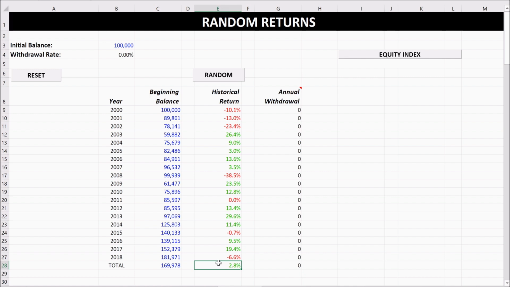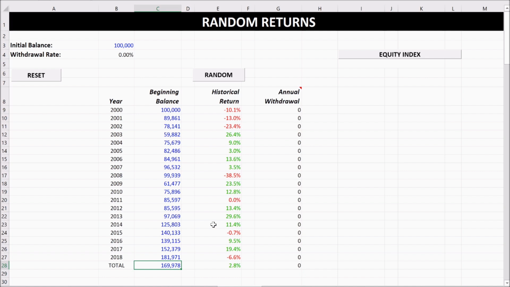So we see the average is 2.8%. One other note is this 2.8% is what the actual return would be over that time frame, not the average rate of return, right? So this is the actual return, not the average. If you don't know the differences between an average rate of return and an actual rate of return, then click on the video up on the right hand side. It'll be somewhere up here. You should see a card pop up and you can learn more about that. So when we do these calculations, we want to use what the actual rate of returns are because averages aren't real. What this is showing is if we had 100,000 in the year 2000, it would have grown to 169,000